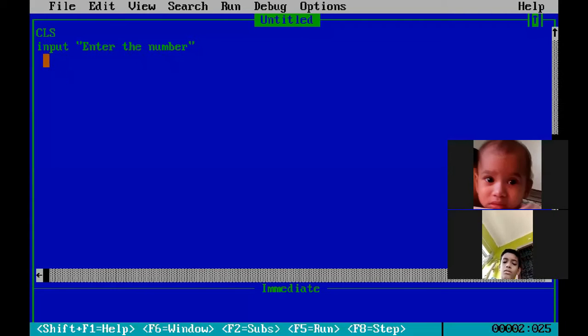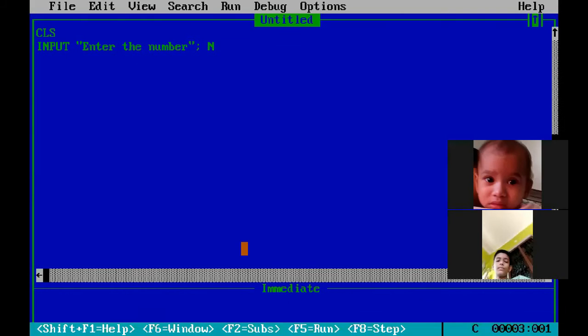Input is a command that will ask a value for a variable. Which variable? The variable that I give after the semicolon, that is n. According to the book, it is n. So n is our variable for which I will ask the value using the input command. Now press enter. Line 1 is clear, I think.